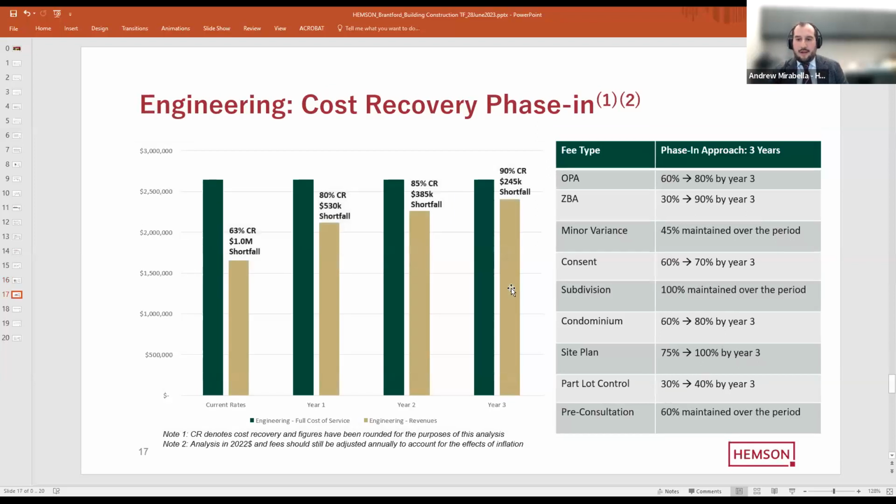On the engineering side, we have a cost recovery phase in. We're at approximately 63% now, and we are moving to a bit more of an aggressive standpoint, about 90% cost recovery by year 3. We tried to follow a similar pattern in the relationship between planning and engineering, of which fees correspond to each other. 100% cost recovery on the subdivision fee maintained throughout, similarly with the minor variance at that 45% cost recovery,